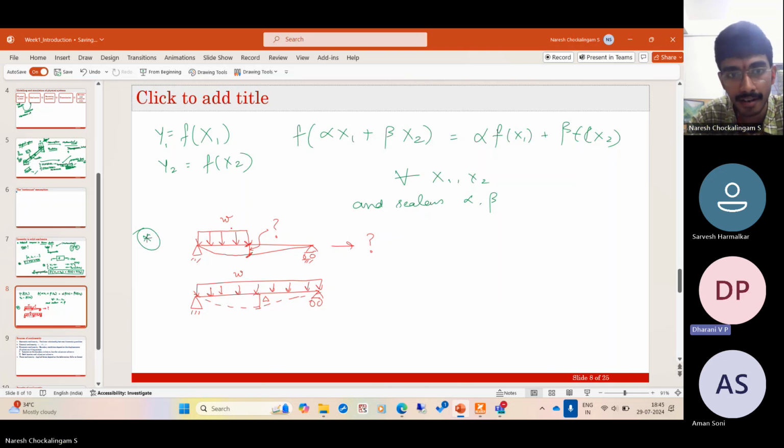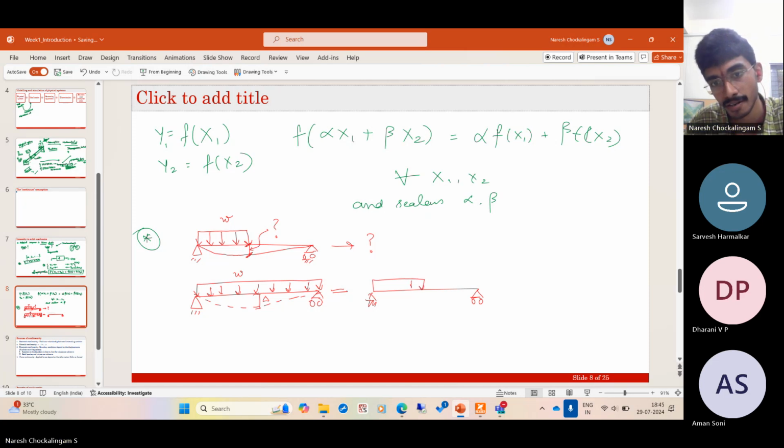Delta by 2. Yeah, that is correct. And how do you get it? We know this is 5 by 384 or something. But using the concepts of linearity, let us just look at the problem once again. Now, how do we construct this full load? So this full load is equal to